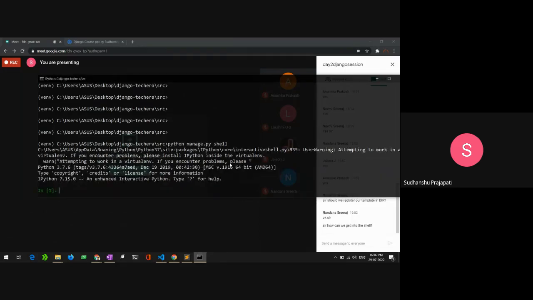Here I can use all the APIs given by Django to communicate with the database, and to connect with a specific model that we want, that is our blog post. To connect with that, I need to import it inside the shell: from your app name main, and the name of the model file, that is models, import the model name, that is BlogPost.